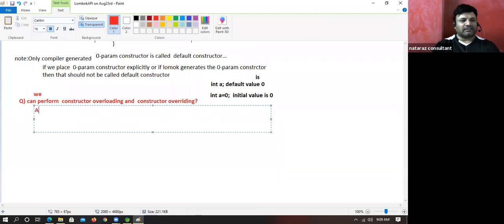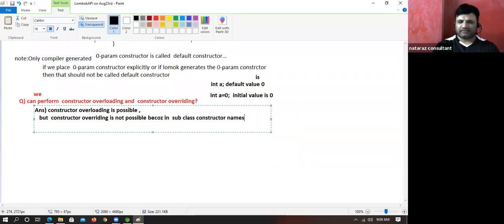So the answer is: constructor overloading is possible, but constructor overriding is not possible, because in the subclass the constructor name changes to the subclass name.